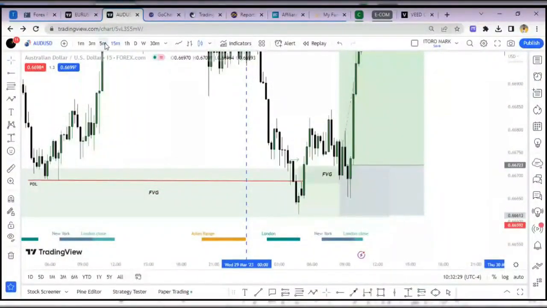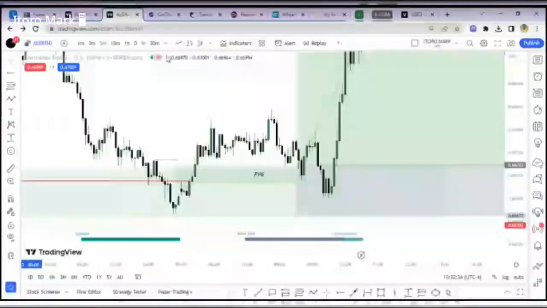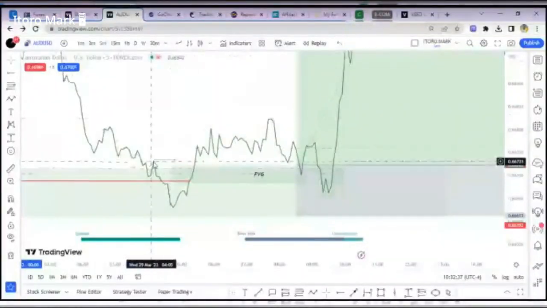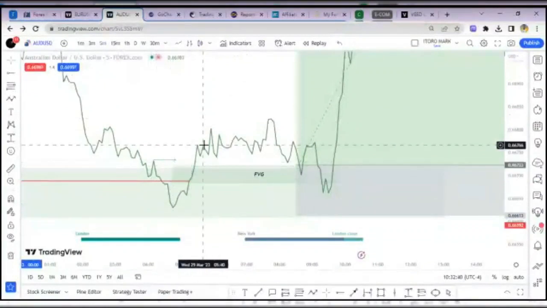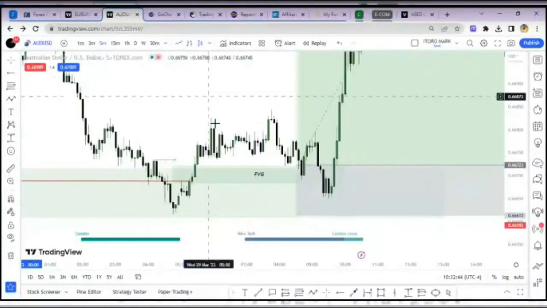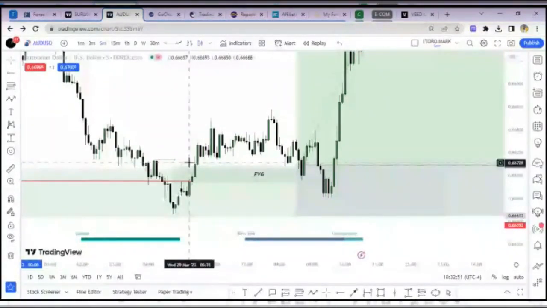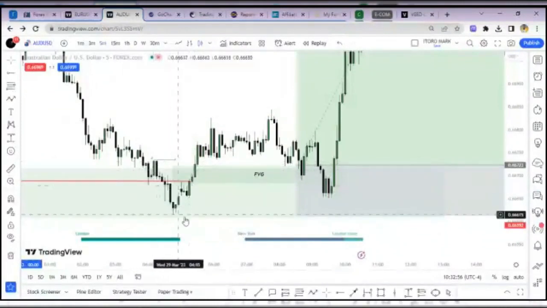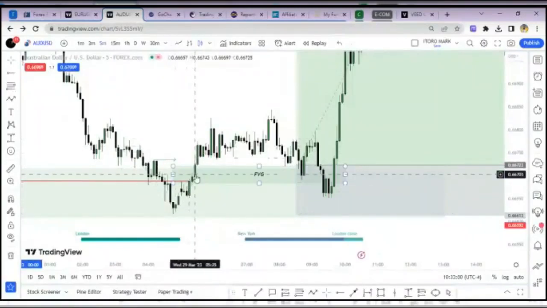You can move into the 5 minutes to see a clearer break of market structure. Change this to line chart. You can see that this is structure, and price did what? Came, broke it with an impulsive move. Remember, after a grab of liquidity, you always want price to break with an impulsive move. So after price cleared out this structure with this impulsive move, this displacement, you understand me, it left behind a